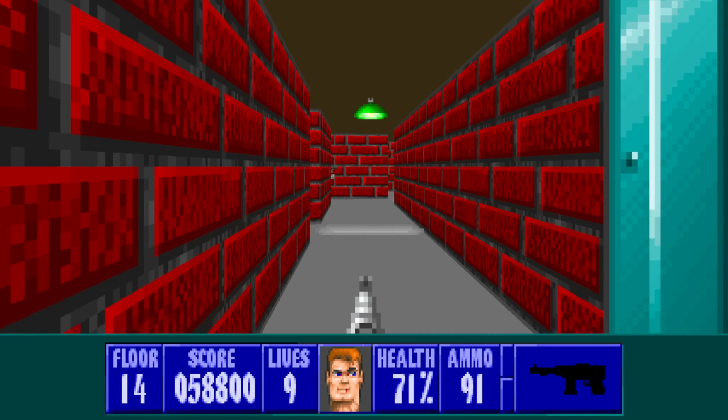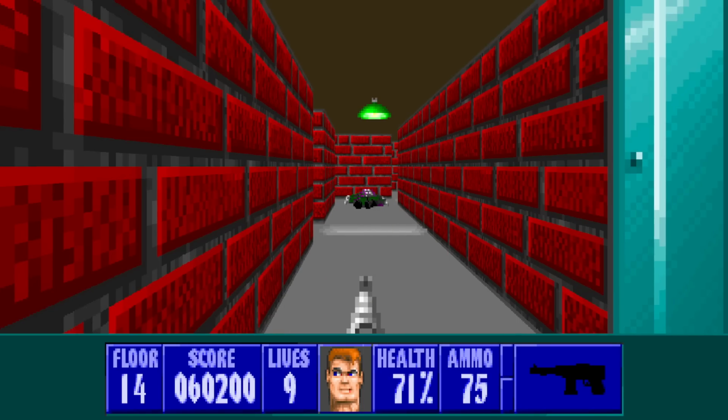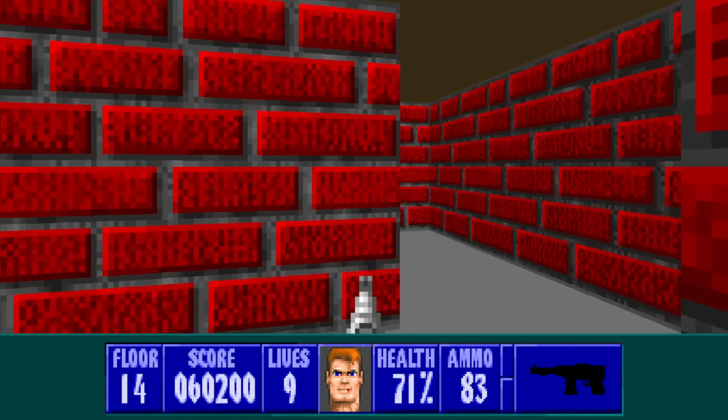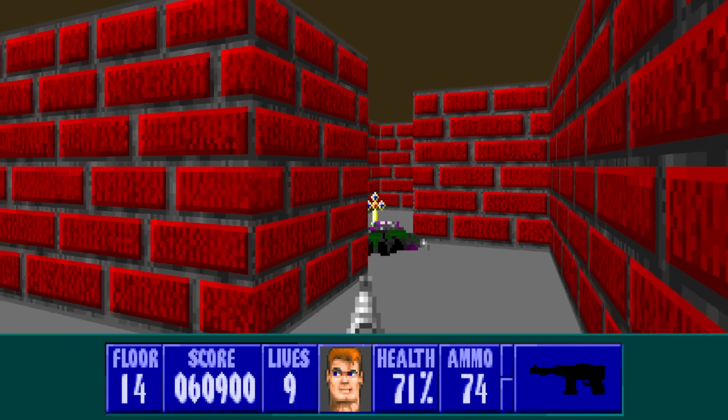We killed 4 mutants so far. There are a total of 7, so we killed 6. Now, the 7th always gets stuck on the right-hand side here. At least for me. Maybe he won't for you, but...